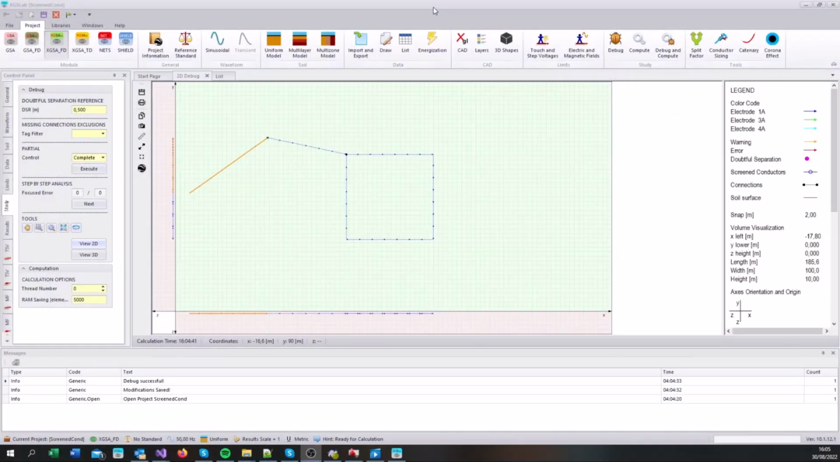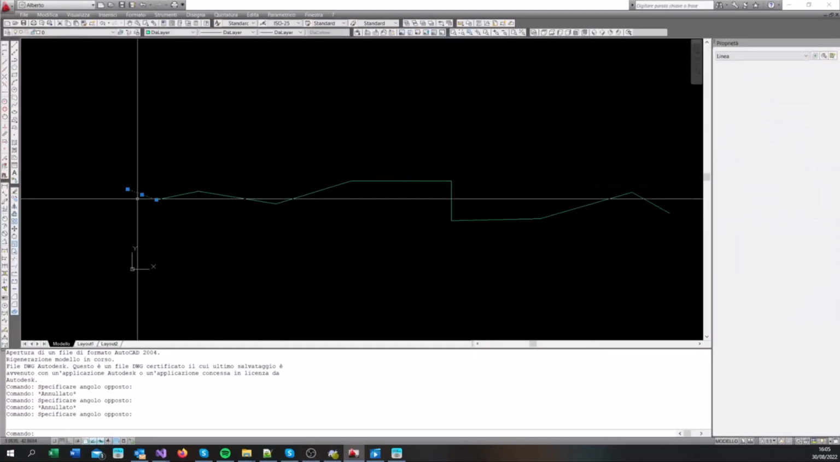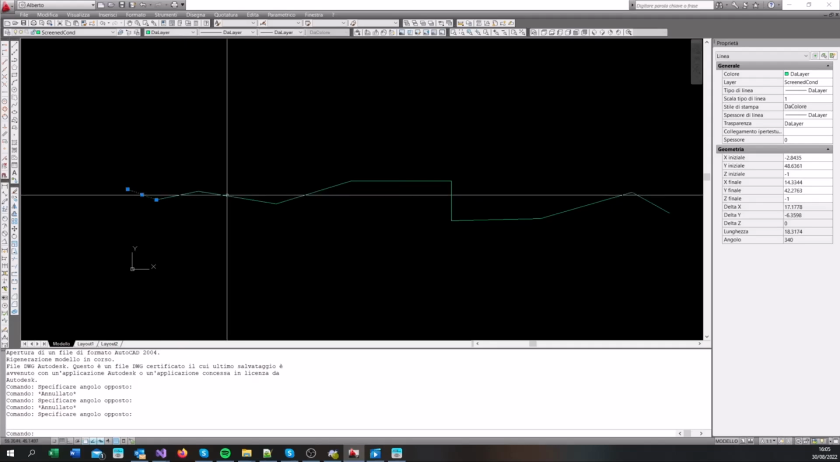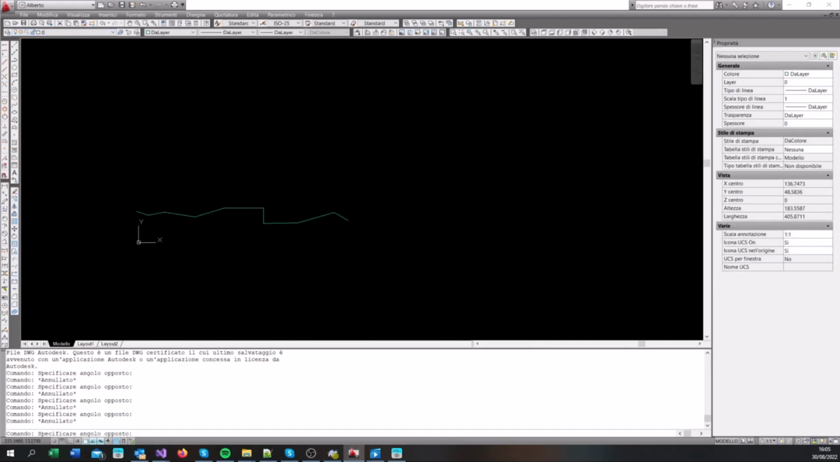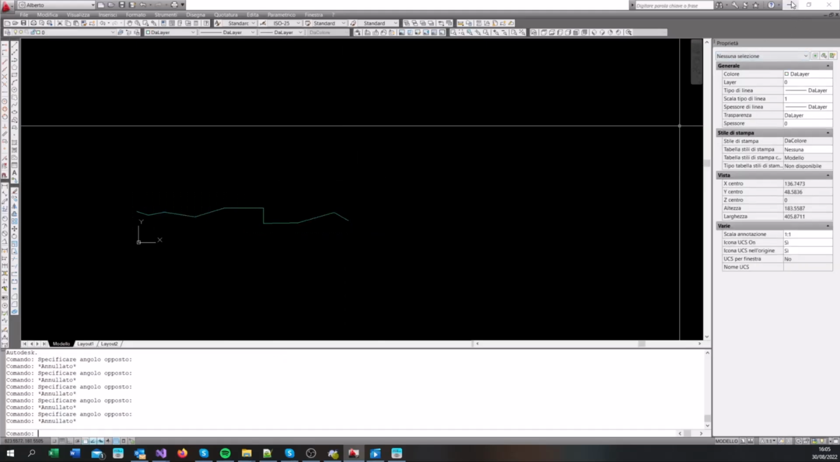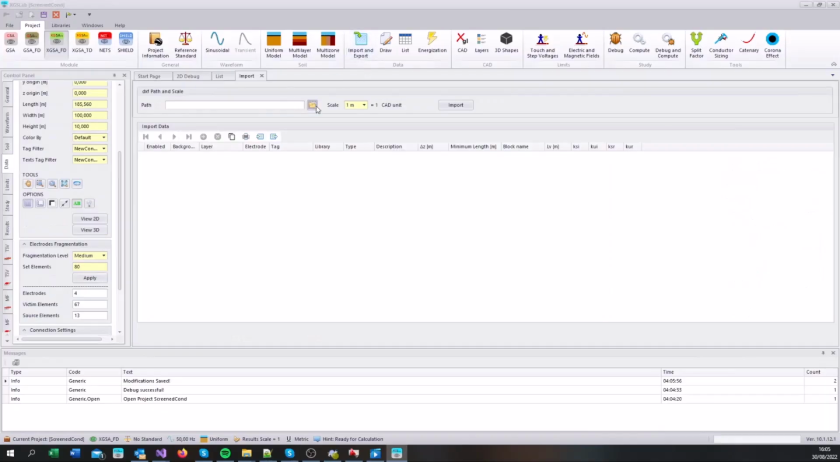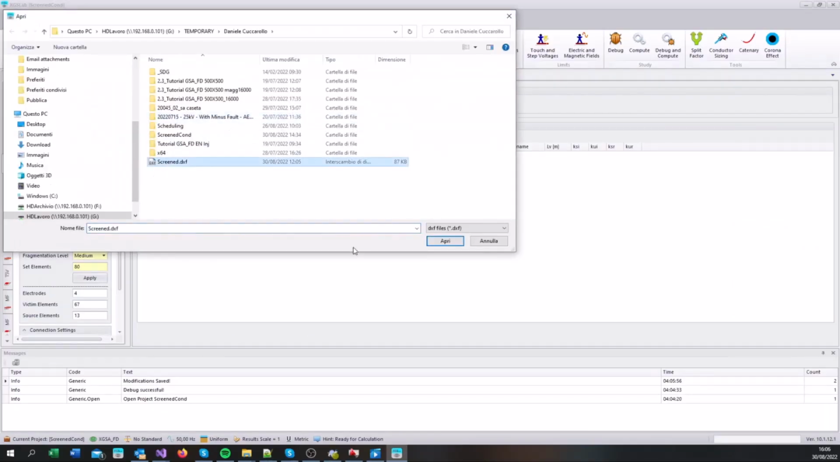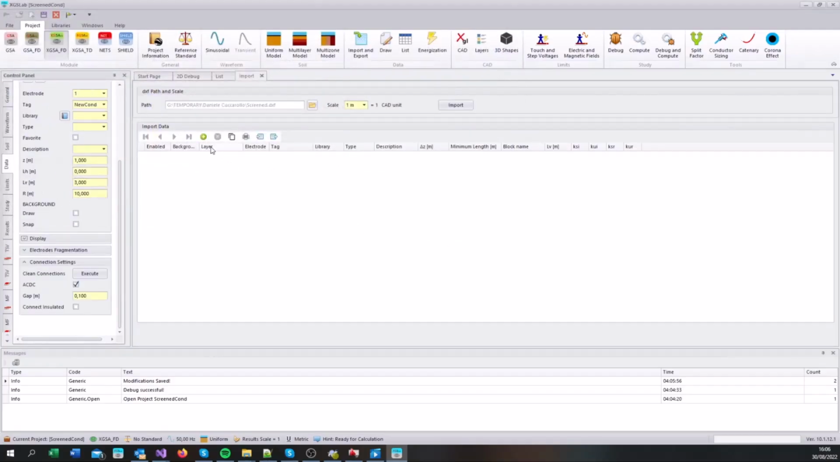Obviously, there is another way to import the screen conductors, that is the importation from an AutoCAD file. In this case, we have prepared a very simple file with some lines that are drawn with a specific layer that is screened cond. We can see we have many of them, so for the precision we have 9 lines. So if we go to the importation, we have to do exactly the same thing we did before. That is to say that we have to select the file,